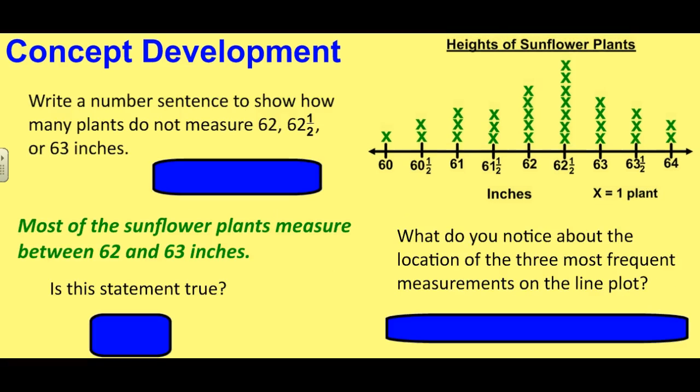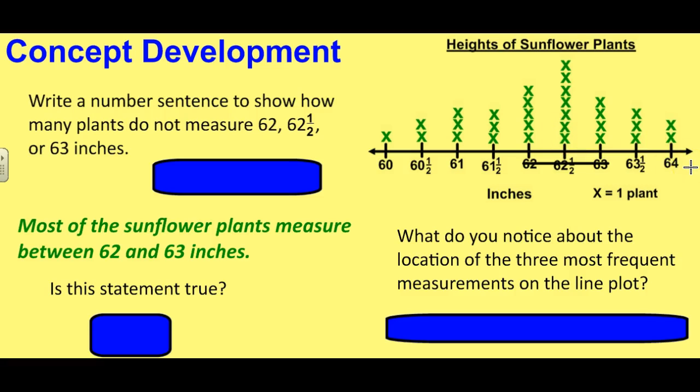Okay, so we've got a few more questions that we're going to look at. This top one says, write a number sentence to show how many plants do not measure 62, 62.5, or 63 inches. So you're just going to put a slash through these numbers right here because you're not even looking at those. You're looking at all of the other measurements